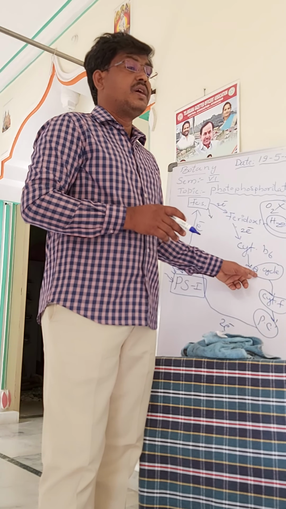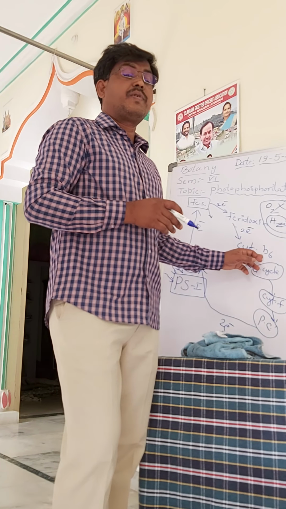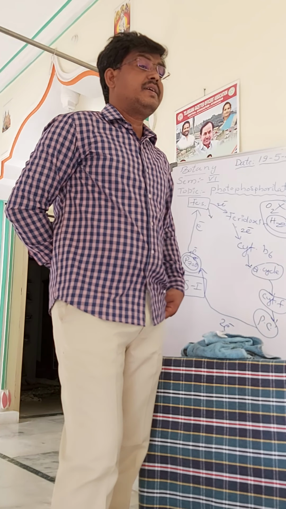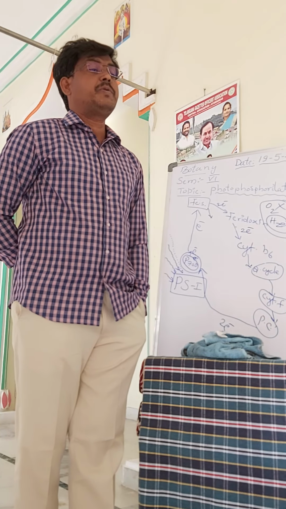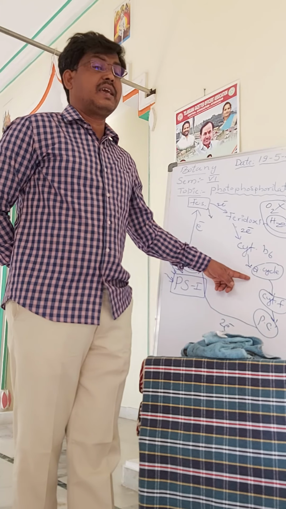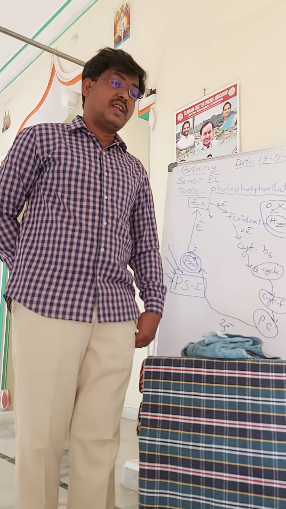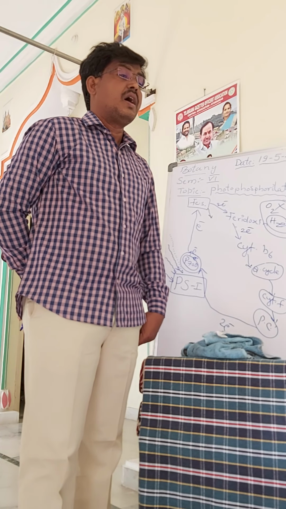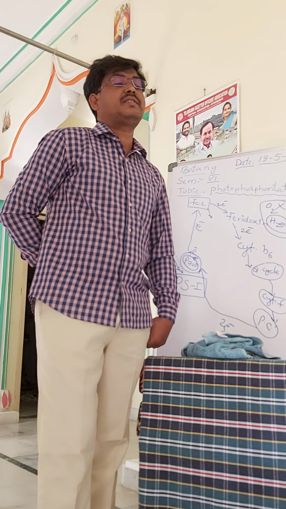So the plastoquinone, through the cytochrome B6, receives the electron and is reduced to semi-plastoquinone, and semi-plastoquinone again receives two protons and is reduced to plastoquinol. The protons are translocated through the plastoquinone pool. So these are released into the lumen of the thylakoid